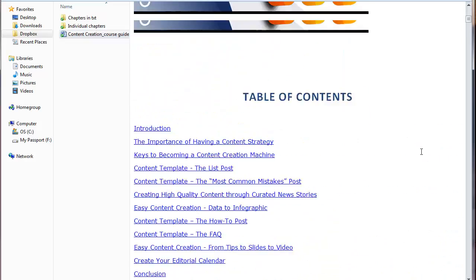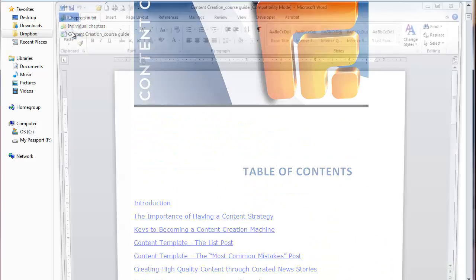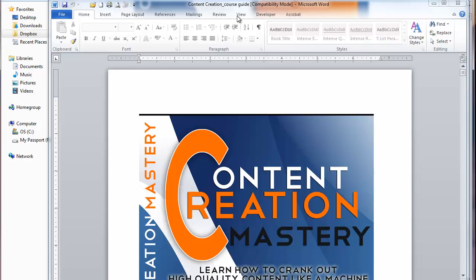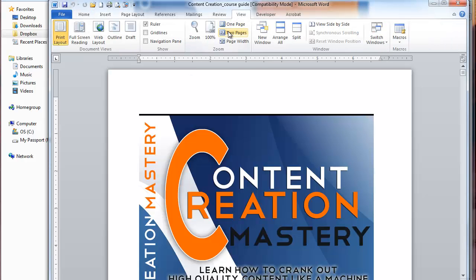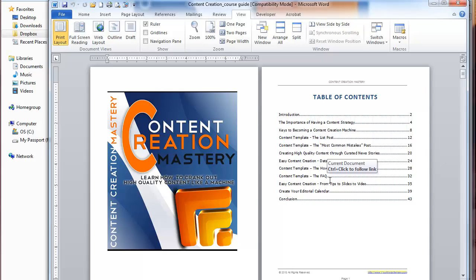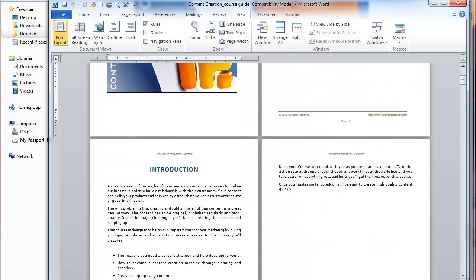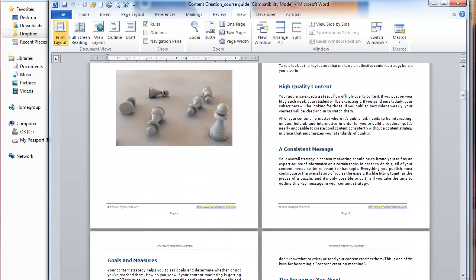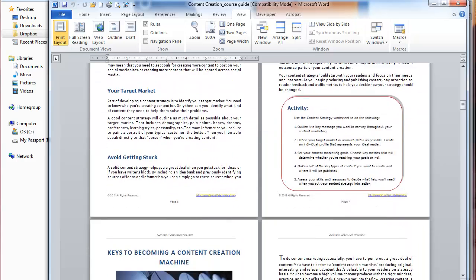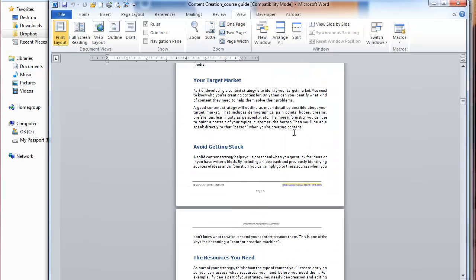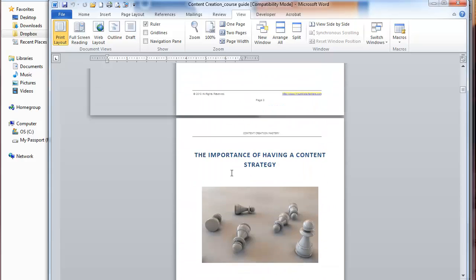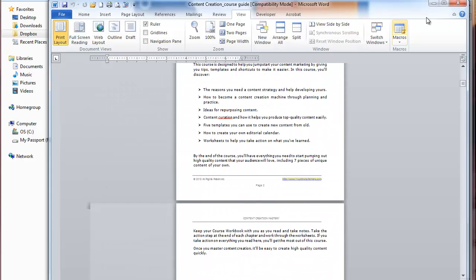But if you want to see where the actual breaks are, let me open it up and actually show you in the Word document. Let's see, if we view 2 pages, you can get a better idea. And you can see there's a table of contents, there's a cover, and then it's all nicely formatted. So you could just save it as a PDF and use it straight away once you've put your URL at the bottom here. You're going to want to do that on all the pages. Actually put your URL in and then preferably your logo at the top as well. So that's the course guide.